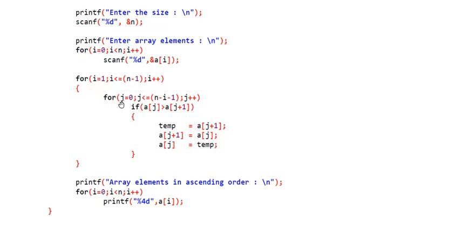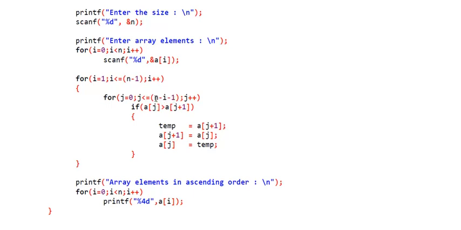And the inner for loop, what is it doing? Every time it is scanning the array starting from 0, and it will increment by 1 every time. And how long it will go? J less than or equal to n minus I minus 1.